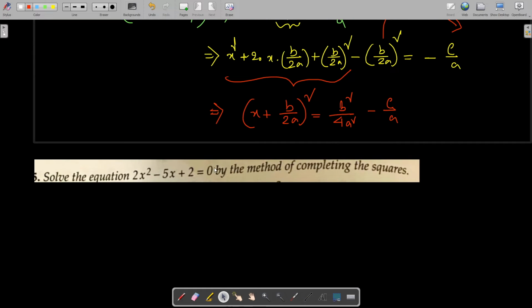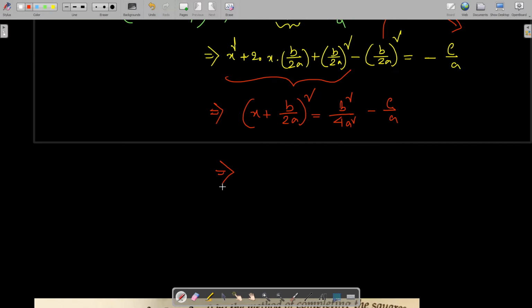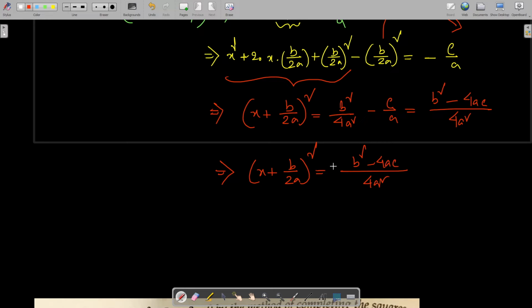After that, what we're going to do, let me move with this one. So let's simplify this part. So if we take LCM of 4a square, what we will get? We'll get b square minus a will go 4a times 4 into c, 4ac. Okay. Now let me write it. So we got x plus b by 2a whole square equals to 4a square, the denominator, numerator b square minus 4ac. Now if I remove the square, what will happen? The other side will become root. So if I do x plus b by 2a, it will become plus minus under root b square minus 4ac